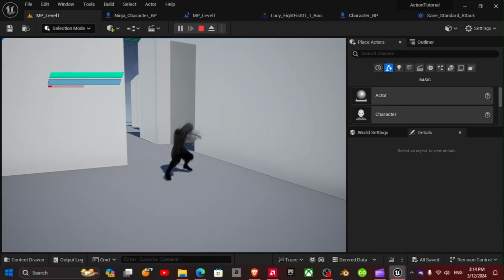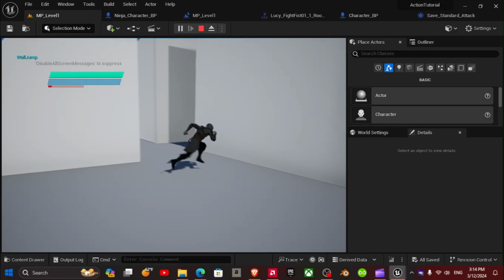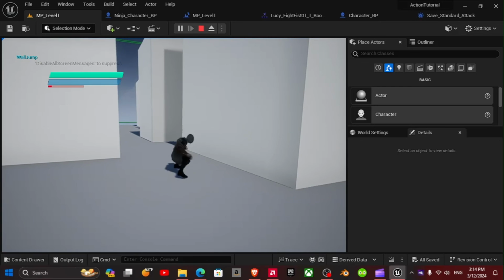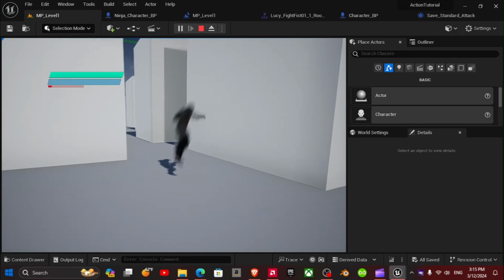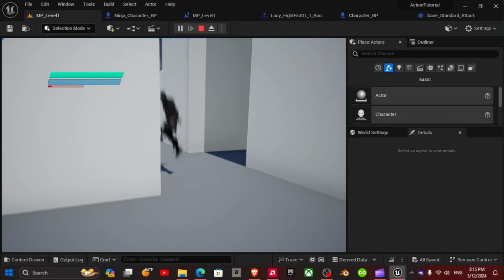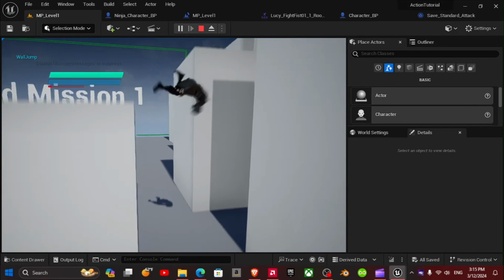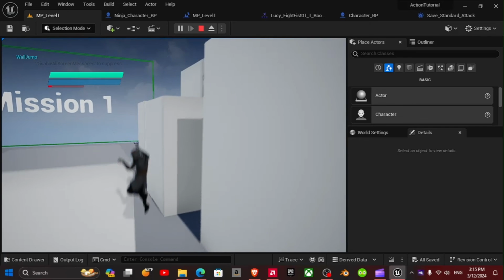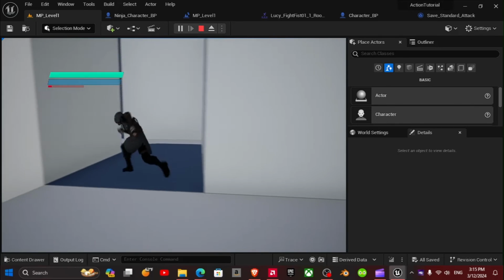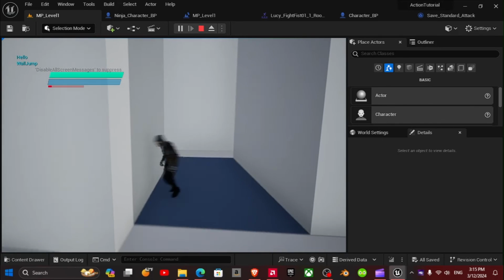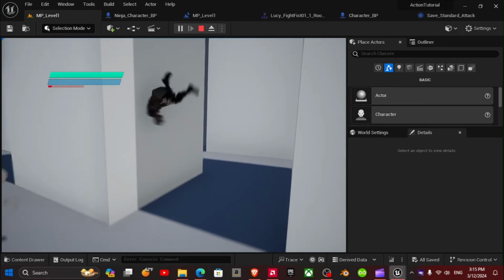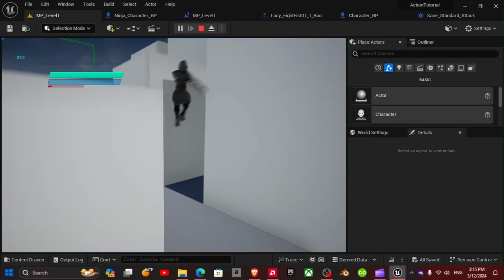You can only do the wall jump when you're in the air. And you only do it once.